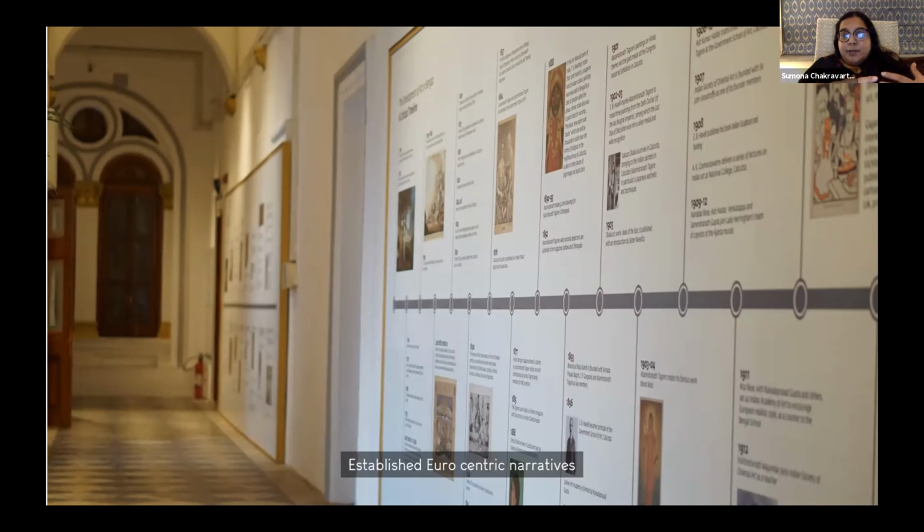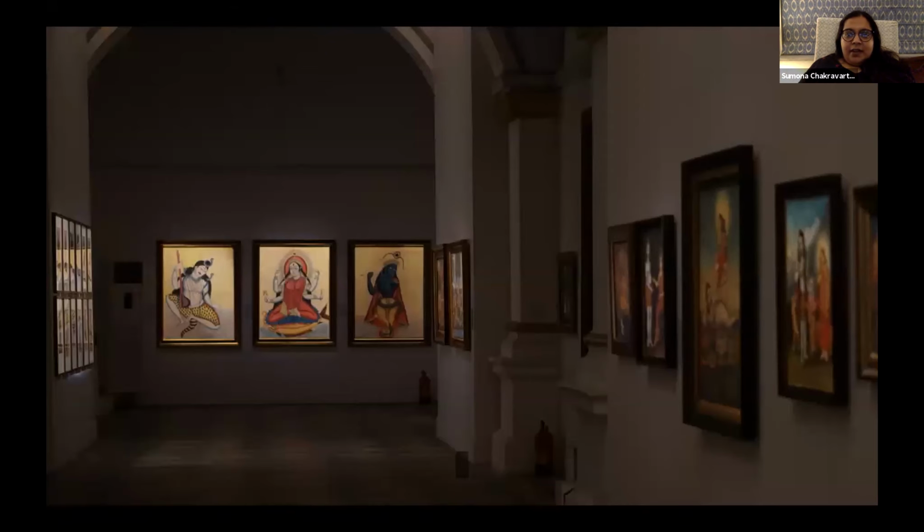Our timeline at the museum also begins with the arrival of the British artists and the European traveling artists in the city. And it's almost like for 100 years, there's no art that exists locally. But this is again a part of the gift that we have inherited and a part of this ambivalent history that we have inherited. And it is being contested by scholars. In fact, one of the galleries